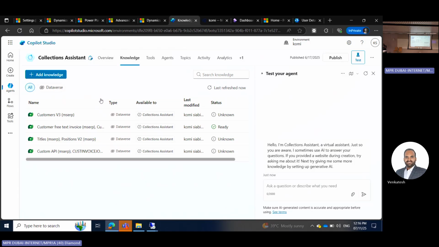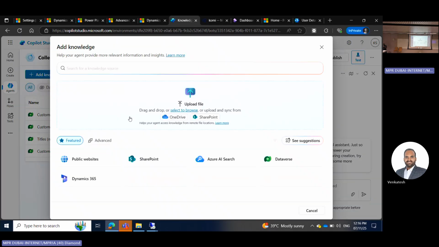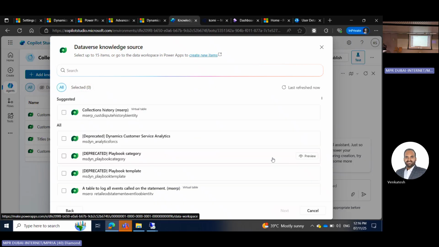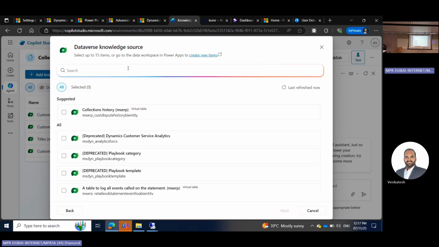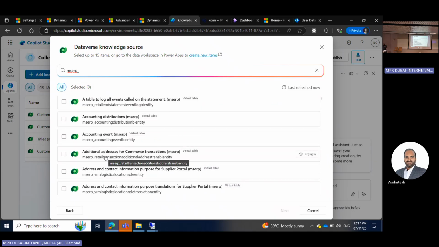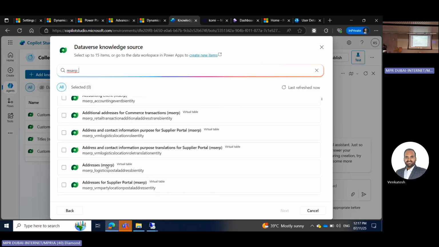Under the knowledge source, you can see here that I have some data entities. So I'm going to try to create a new one, add the knowledge, and go to Dataverse. If it's the first time you're trying to add Dataverse, you will be asked to connect to the F&O environment, then you authenticate. On the search, I can find all the virtual entities that have been enabled by typing MSERP underscore. This is showing me all the entities that are coming from the F&O side. So take, for instance, I